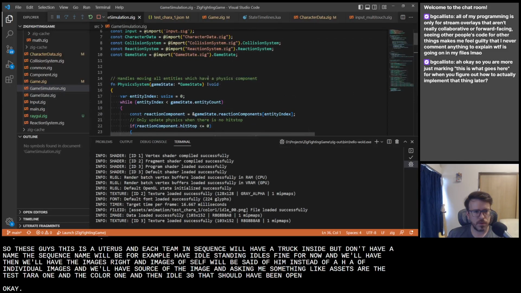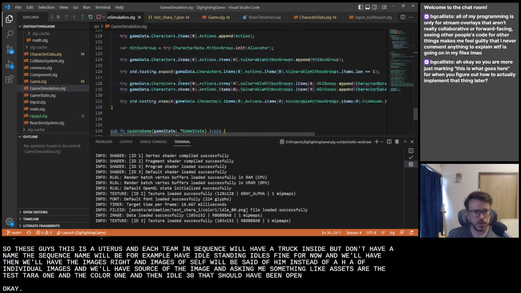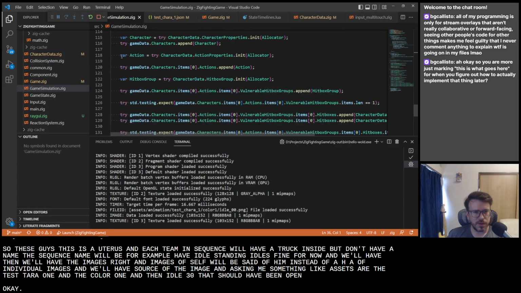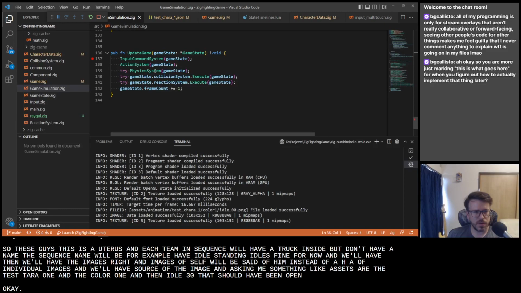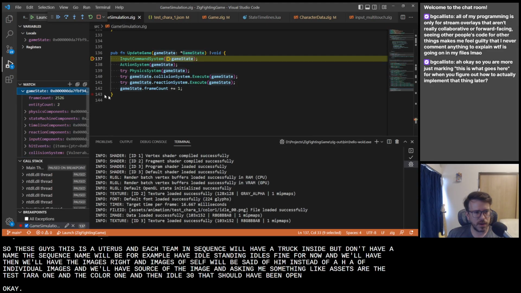Where's our game simulation at? Physics system. Action system input. Oh wow, we have the test in the middle of here. I need to reorganize this stuff. Okay, so if we inspect game state, we should be able to find